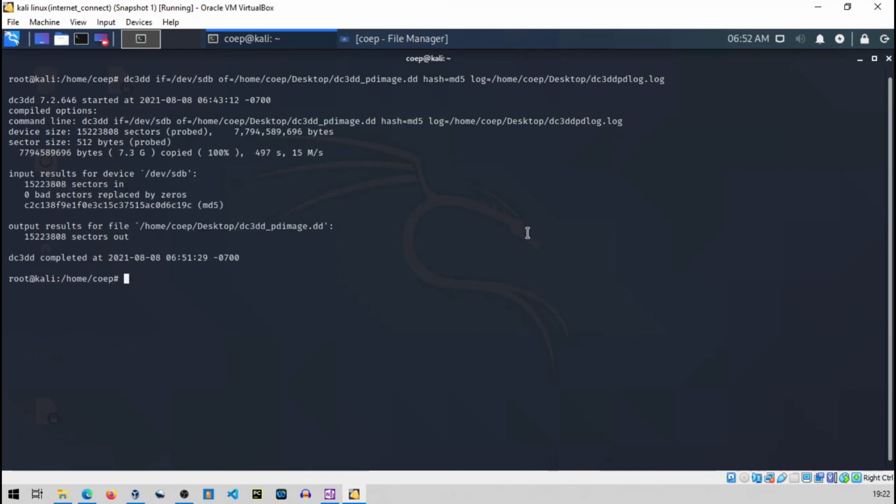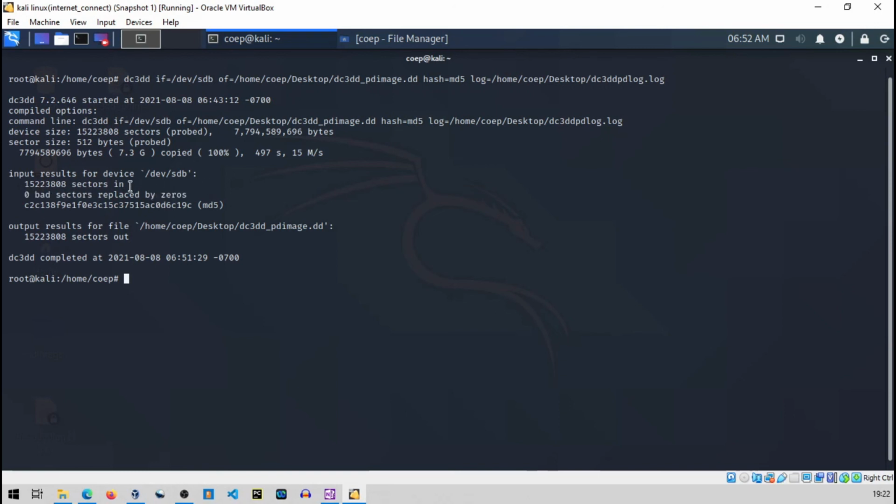Command execution is done successfully, and you can see various differences from the previous commands' outputs in this dc3dd output. Here you can see the MD5 hash is directly given. It also tells you if there is any bad sector, or it will even replace it with 0.